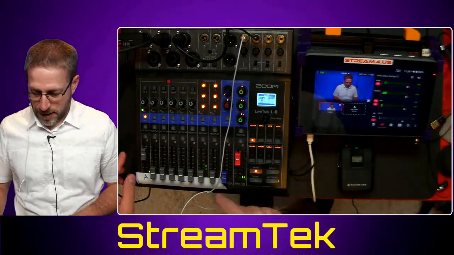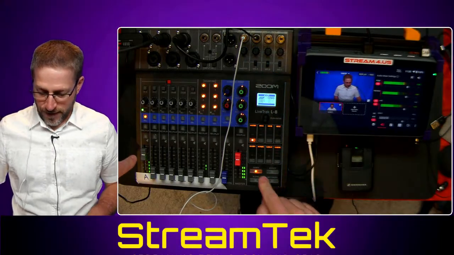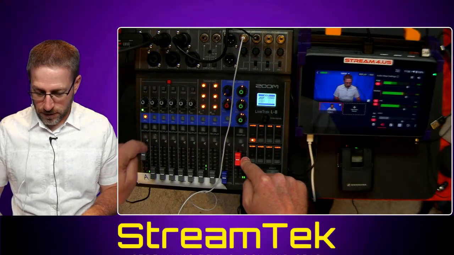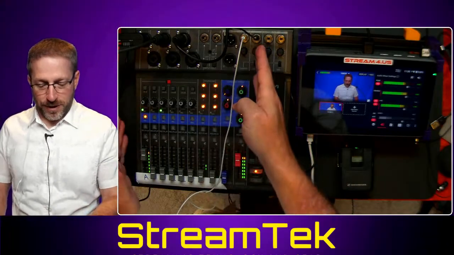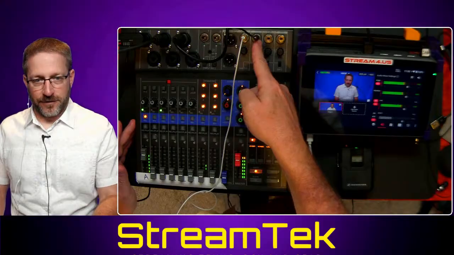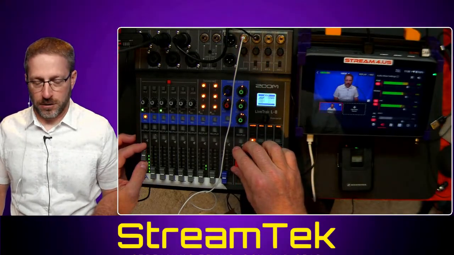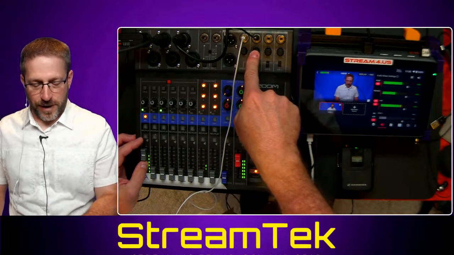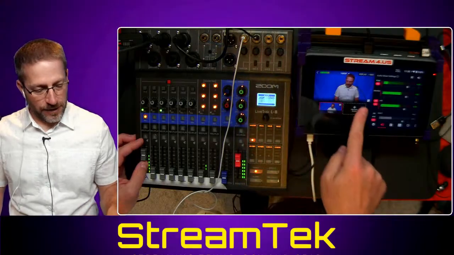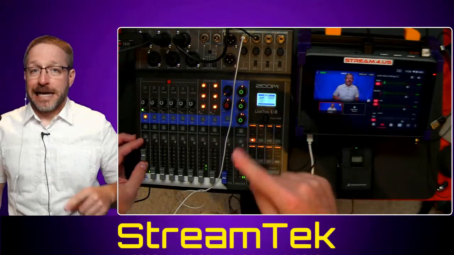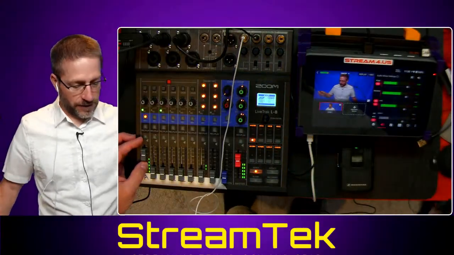So there's your output. You've got this stage where it can distort. You've got this stage where it can distort. And the next place is when I output this, I'm outputting line level. I've got this level right here. It sounds good overall. But if my output of this going into the YOLO box is too loud for the input of the YOLO box, I'm going to have to listen on this end,